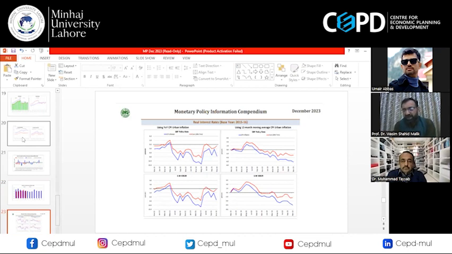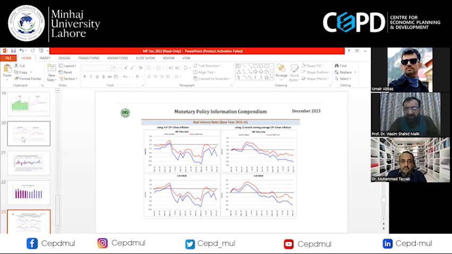If you look at the real interest rate, it is still in the negative zone. Some people say that the current interest rate is high. So we can discuss the level of the interest rate, but if you look at the real interest rate, basically,